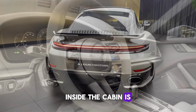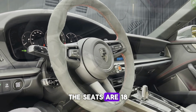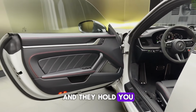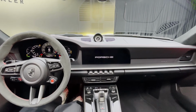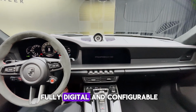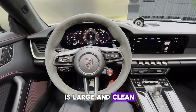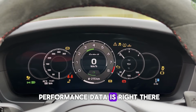Inside, the cabin is driver-focused, but genuinely comfortable. The seats are 18-way electrically adjustable sport seats, and they hold you perfectly whether you are commuting or driving hard. The instrument cluster is fully digital and configurable. The center infotainment screen is large and clean, and everything from navigation to live performance data is right there in